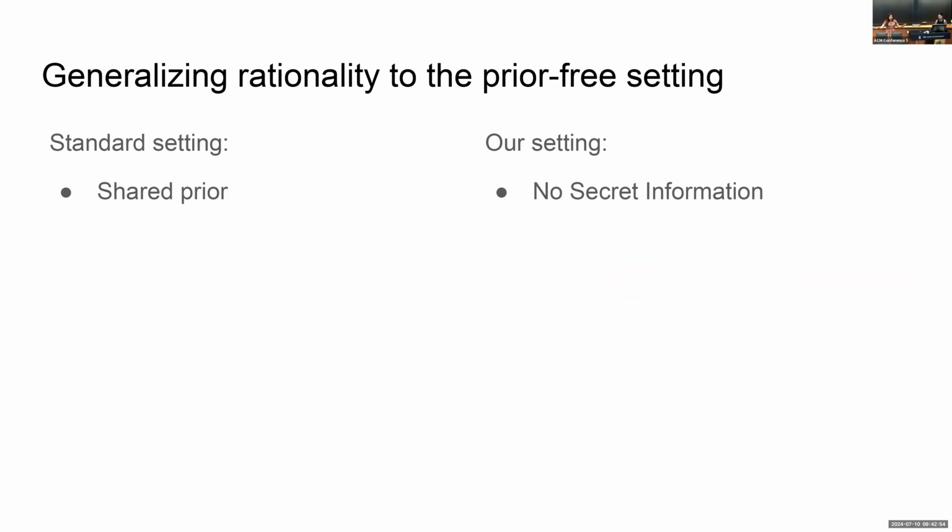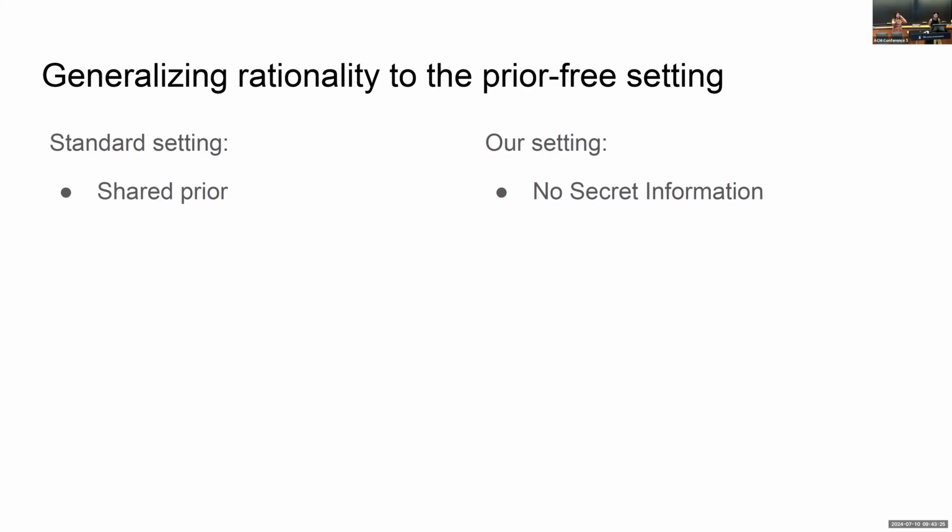Okay, so now I know you're all very excited and waiting for it. We're going to talk about what it means to think about what our agent should do now, right? So we no longer are able to make these nice, tight, best response assumptions that we made in the paper with Ishwar and John. We have to try to generalize this best response rationality to a prior free setting. Okay, so here's how we think about the important key things. We're going to try to say that all the assumptions we're going to make also hold in the setting with a prior, so it's a strict generalization.